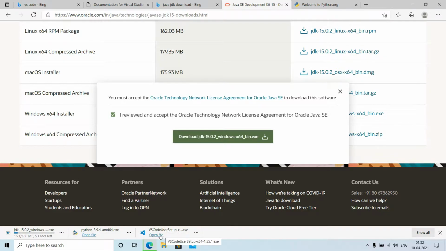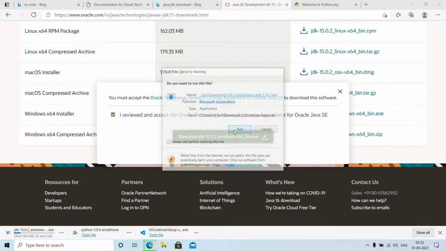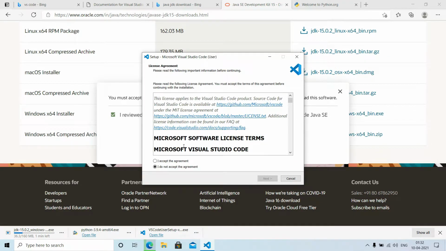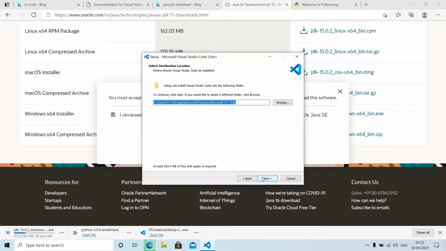Okay, while JDK gets downloaded, let us install our VS Code. I'm clicking on open file, run. Just click on I accept, next. It's your wish to create start menu folder or not.